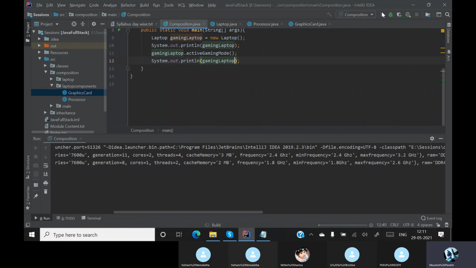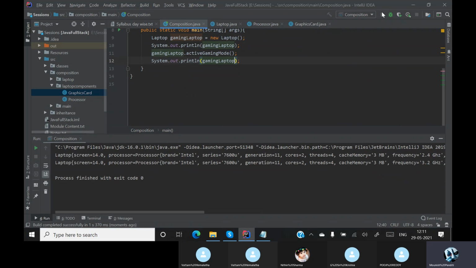Now I'll run this. After activating this gaming mode, I'll simply say gaming mode activated. Gaming mode is activated, and I am saying my frequency. I'll run this again.